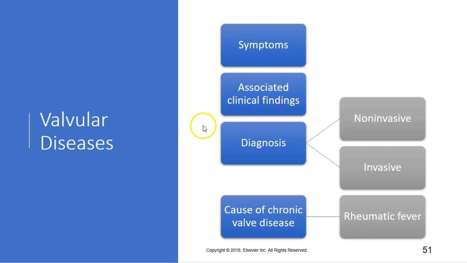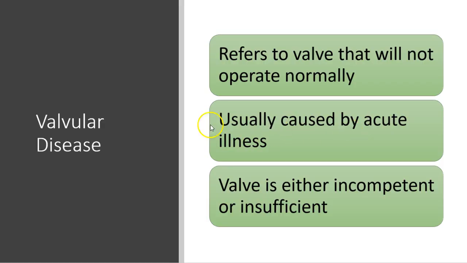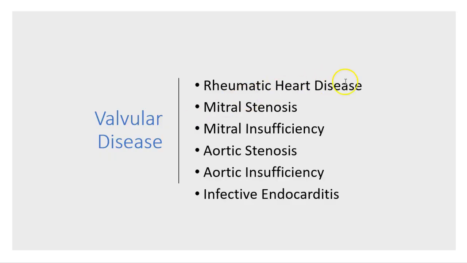So valvular disease. There are ways that we can treat it that are invasive and non-invasive, and a lot of it is from rheumatic fever. It refers to a valve that will not operate normally, usually caused by acute illness. The valve is either incompetent or insufficient. So here's from rheumatic heart disease: mitral valve stenosis, insufficiency, aortic stenosis or insufficiency, and infective